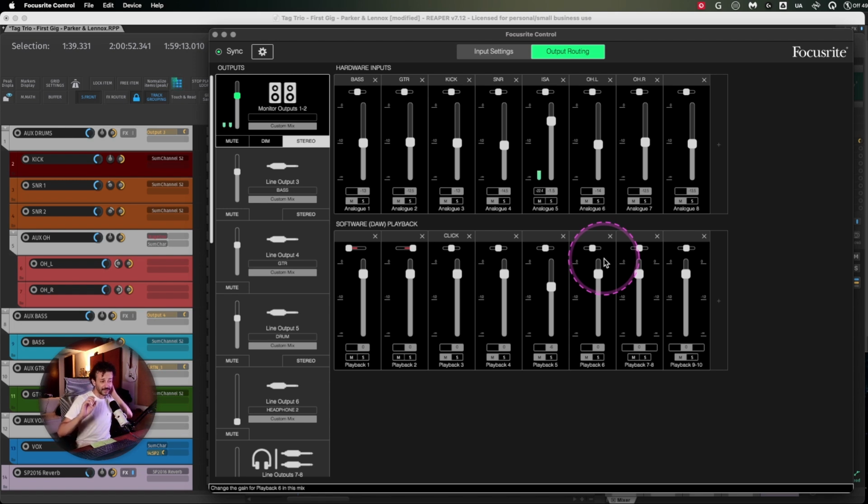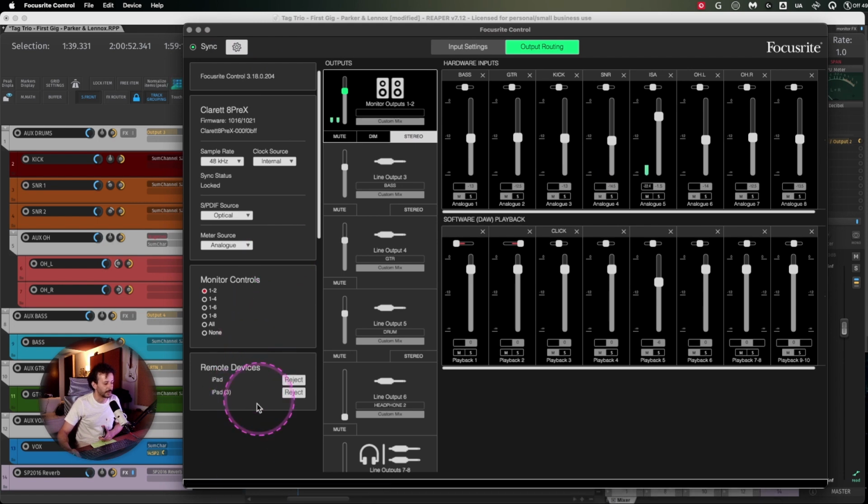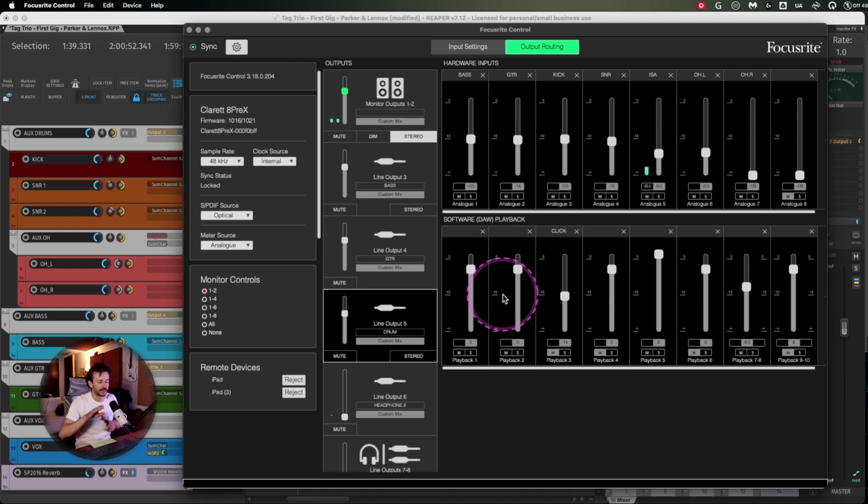Also remember that the last bonus that could really make it for the musicians is that some of these softwares have a digital app version for your mobile, right? So for example, here, if any of the clients has an iPhone or an iPad with them, they can just switch to the Focusrite Control app. I can give them access to connect, and they can handle their own levels, and they can do their own mix for themselves without you touching them. And again,